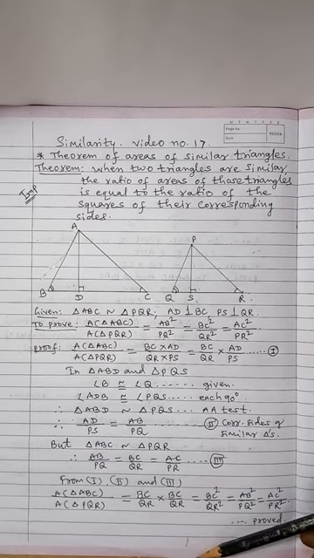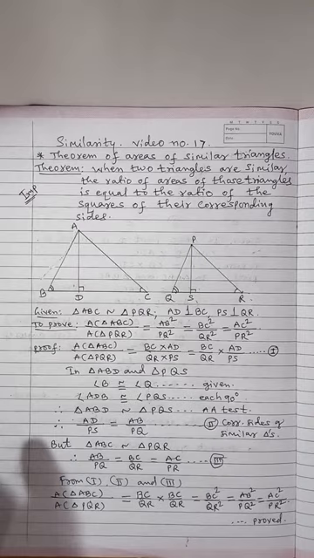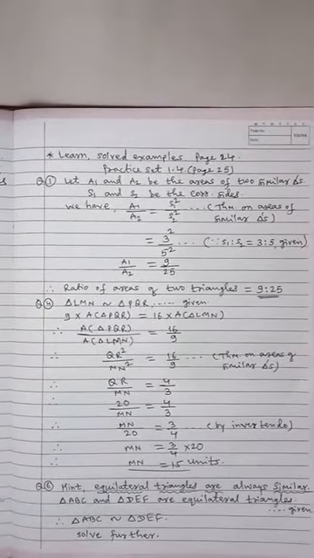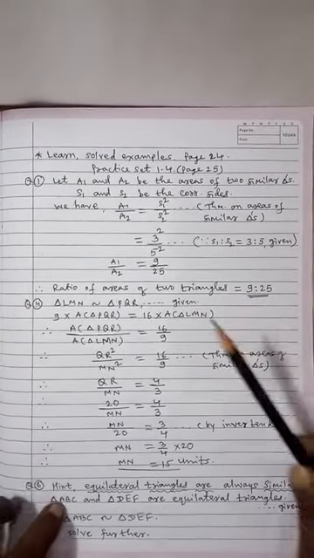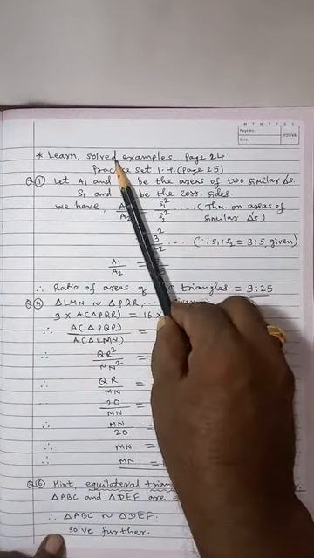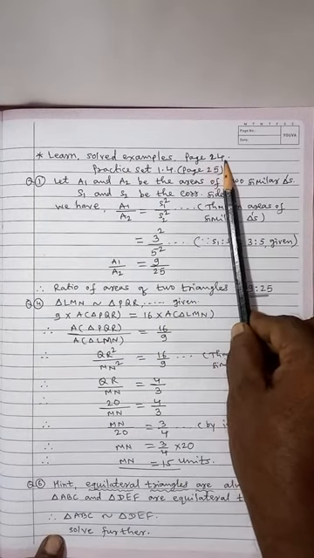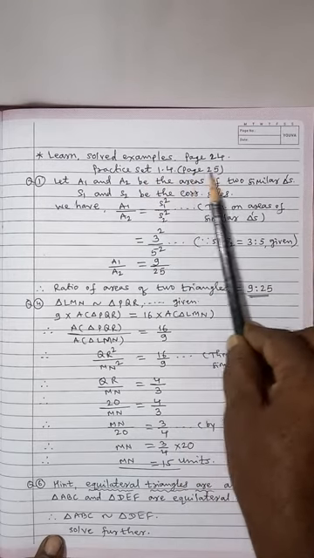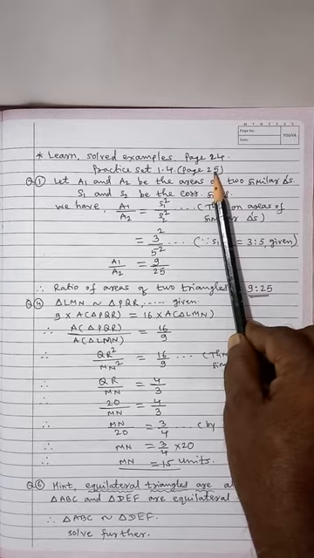This is a very important theorem from this topic, so read the statement aloud, go through the proof carefully, get it understood and learn it carefully. Now, you have to learn the solved problems from the textbook. Are you getting it? So, learn solved examples, page number 24. Now, we will go to practice set 1.4, page number 25.